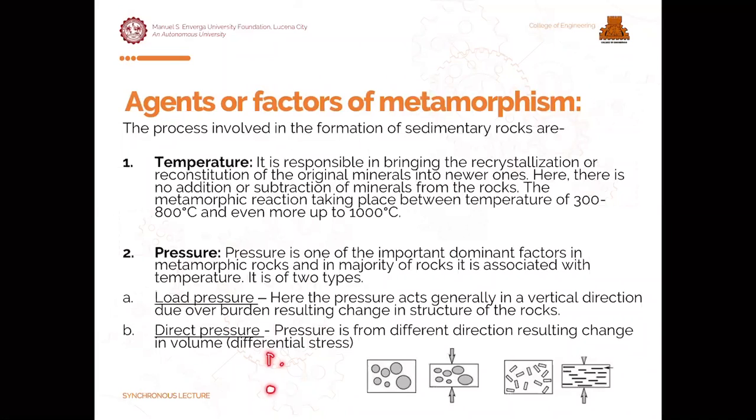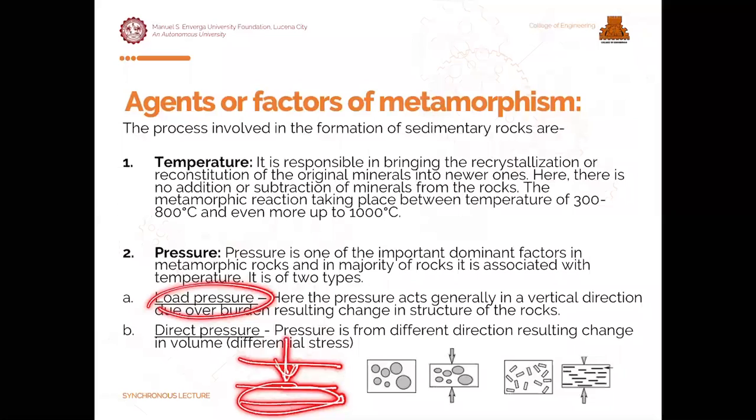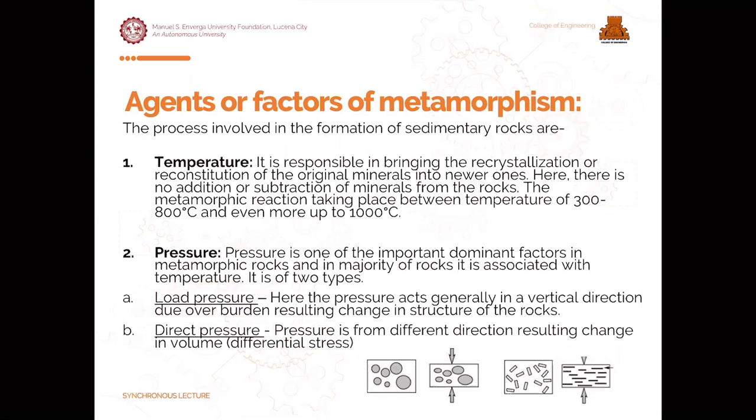Then kapag halimbawa, yung sa overburden pressure, yung load pressure, ibig sabihin, kapag meron tayong layers of rock, then kapag halimbawa itong layer na to is mas nako-compact natin siya, no? Then, meron din ditong high temperature dahil dun sa layer niya, mas malapit siya dun sa mismong center of the earth,